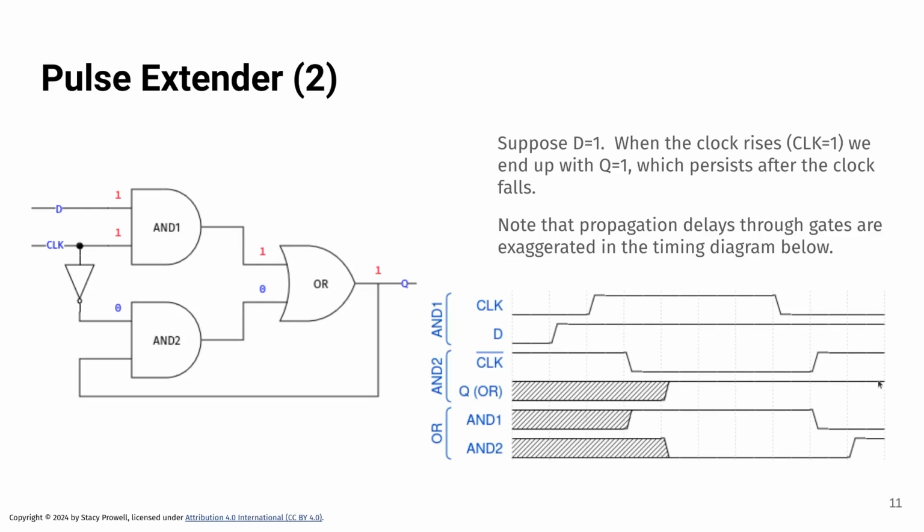The prior value of Q was still 1, so both the inputs to AND 2 are 1, which means that Q remains 1. So we can see that even when the clock falls and this AND basically turns off, let's say, it results in the other AND being turned on, and the whole thing then persists the value of 1. That's how it's intended to work. But,